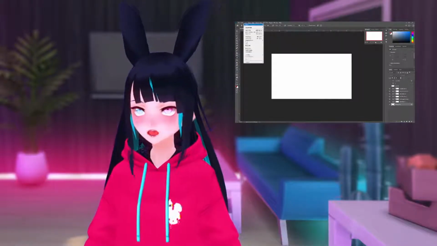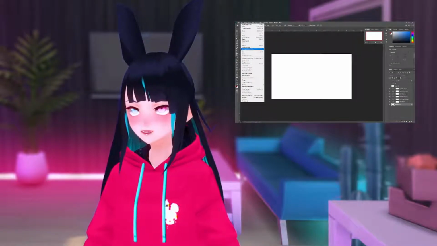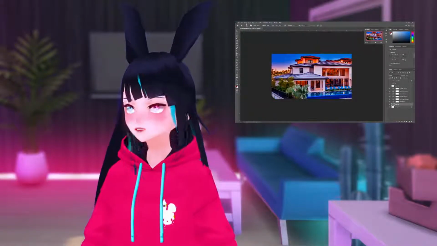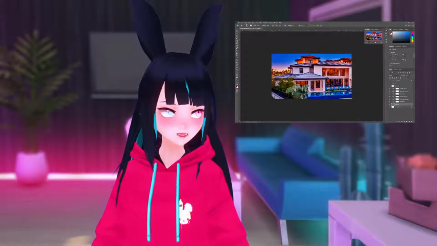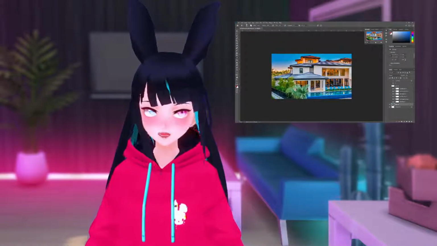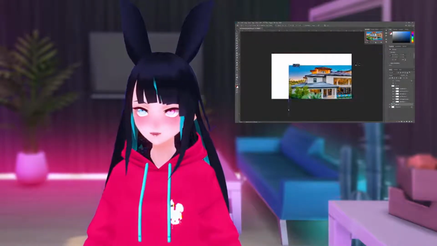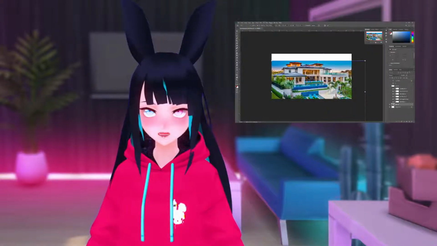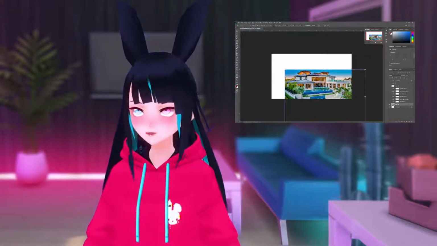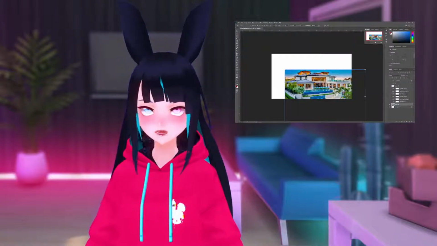Okay? So we're gonna go ahead. You go to edit and paste. Or you can just do Control V. Depends on whatever you want to do. So I'm just going to turn all this off. Okay. So just go ahead and like you can just drag it. If these like selecting things aren't showing up,